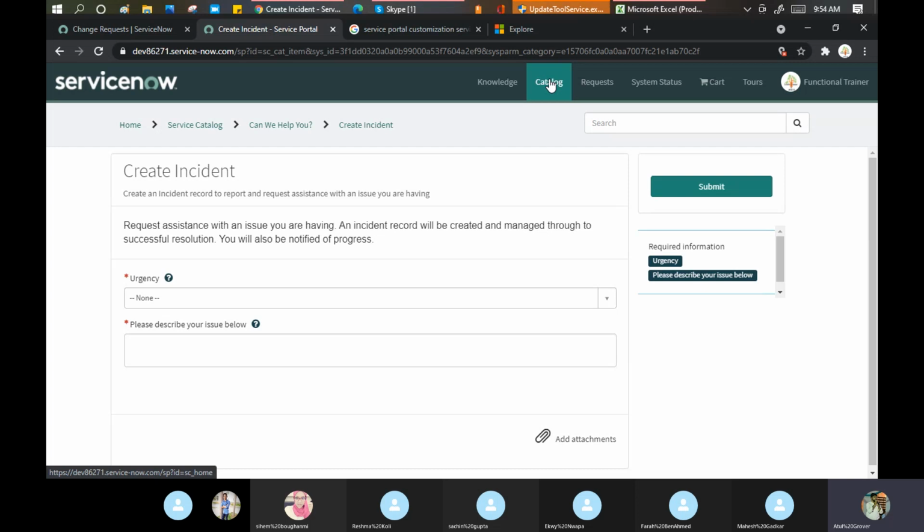So the basic fundamental is that in the catalog, we work on request management. On the incident or the record producer, we work on the incident table. That is a basic difference which, being a functional consultant, you should know. How this will be configured, definitely we are going to discuss in later classes.